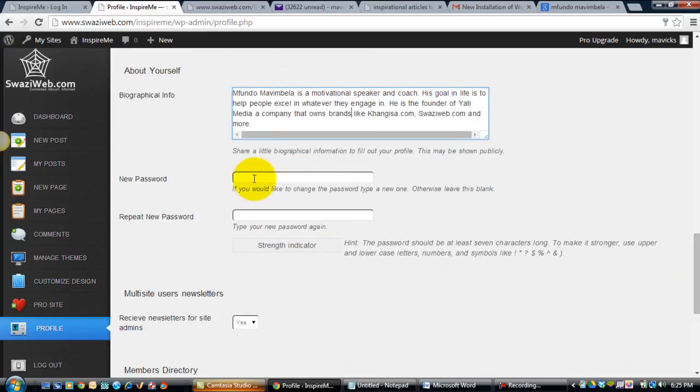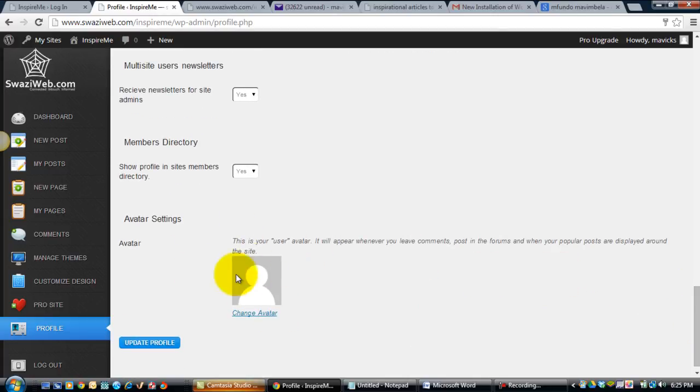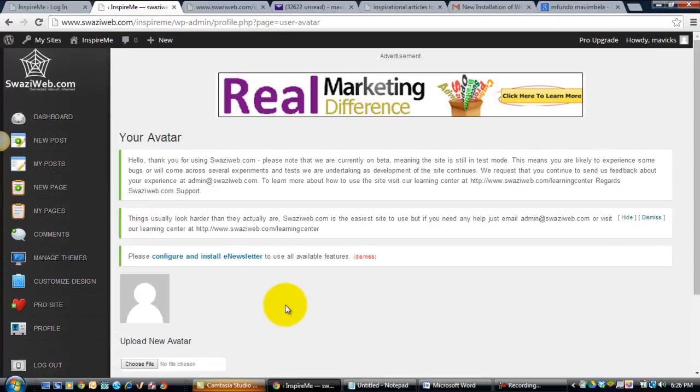And then if you ever want to change your password, you can always change it here. But in our case, we don't need to, as our password is secure. And then lastly, you must always put an avatar. So I suggest you just use your face or whatever you feel describes you best. So I'll go ahead and put an avatar. I'll just pull it from the desktop. If you click there,